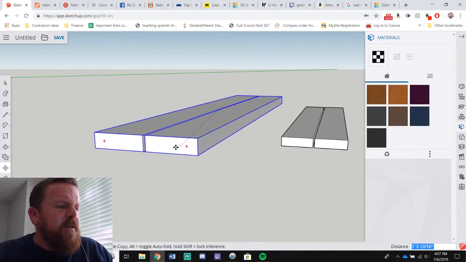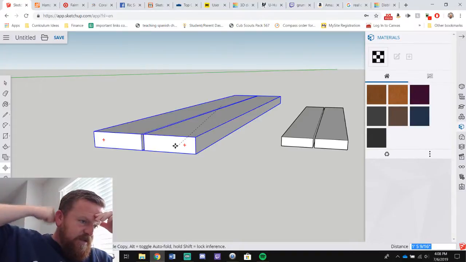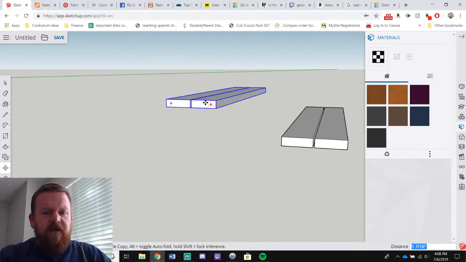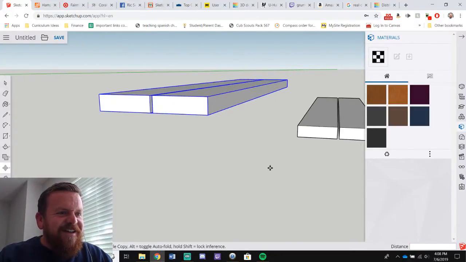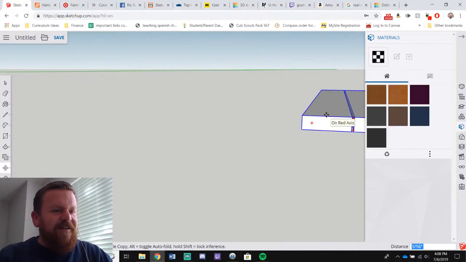On red axis. Okay, pick 2-point smooth, control, toggle copy, alt, toggle auto fold, hold shift, lock interference. Okay, I'm going to delete that because I don't know what's going on.